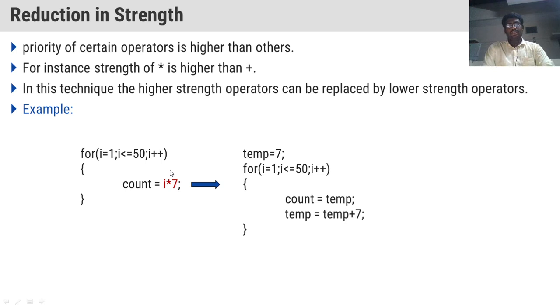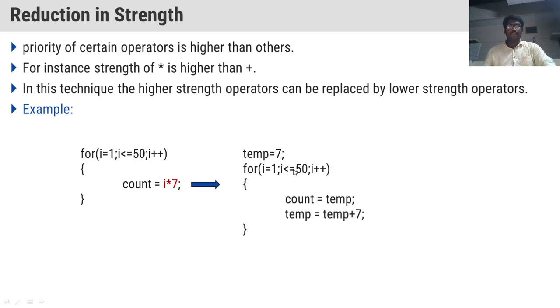So what we are doing, initially we have assigned 7 to a temporary variable, and the for loop runs for I less than or equal to 50 times, count equal to temp, then temp equal to temp plus 7. So temp is a variable, we have already started with 7. What is there in the temporary variable? 7 is there, and whenever it enters the loop, for suppose I value equal to 1 or 2, consider I value equal to 1, and what happens here?